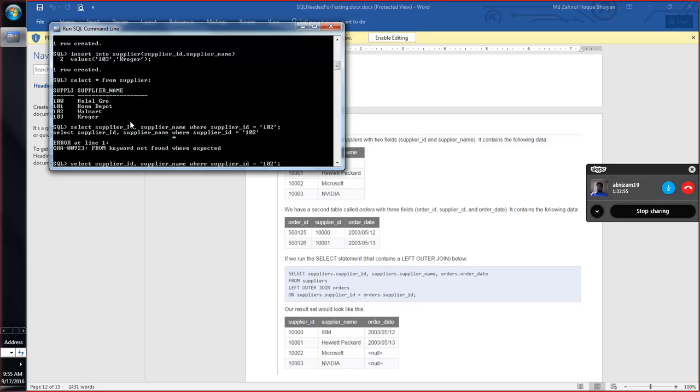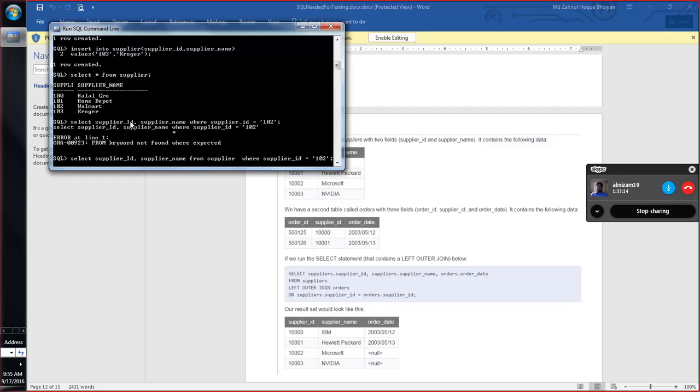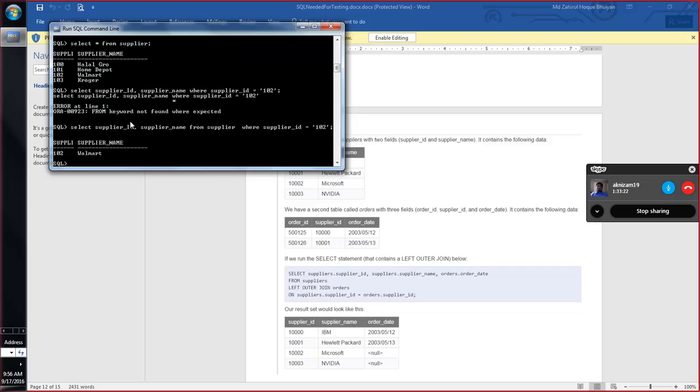Name, yeah, from supplier name. From which table? See here, this table name is suppliers. So when you are writing a select statement, you need to select supplier ID, supplier name from supplier where supplier ID equal to 1 or 2, so it is bringing only